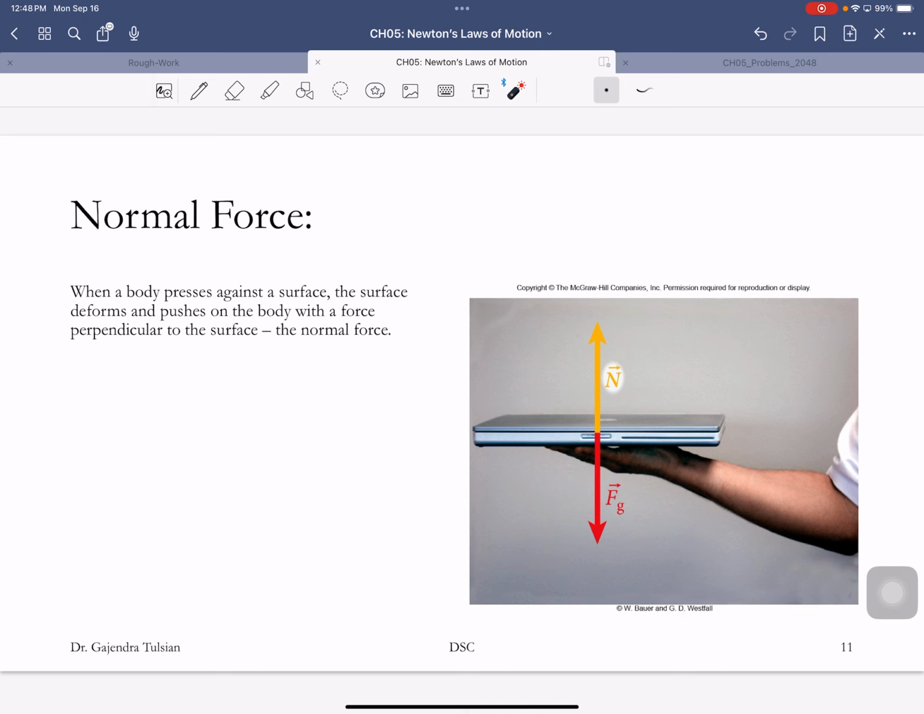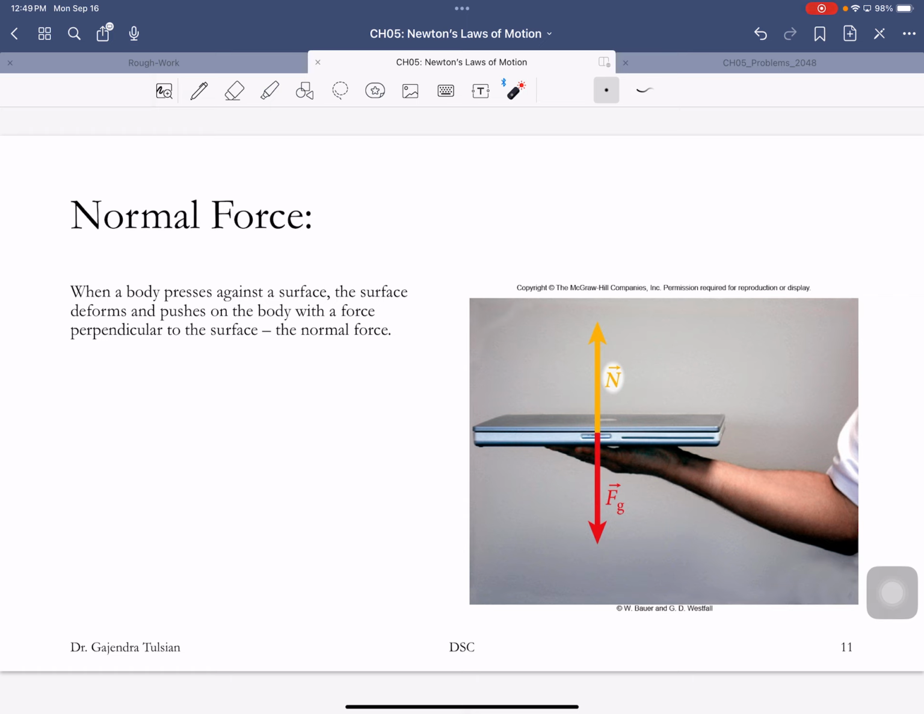All right, now we'll talk about a few forces that you encounter in everyday life and in problems. So this fellow is holding up this laptop. This is the force of gravity. That's the force that the earth exerts on the laptop. And the reason it's not falling down is because this fellow is exerting an equal and opposite force on that